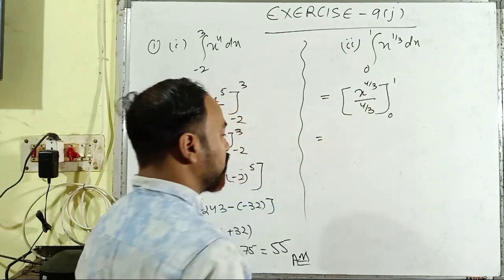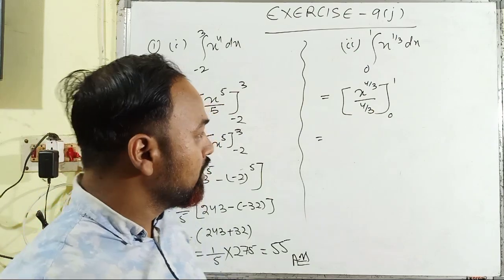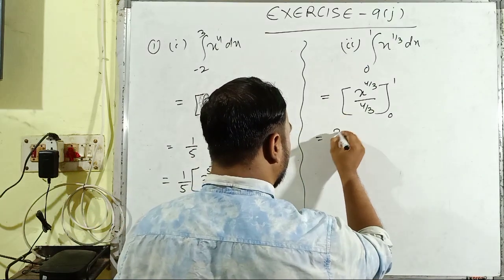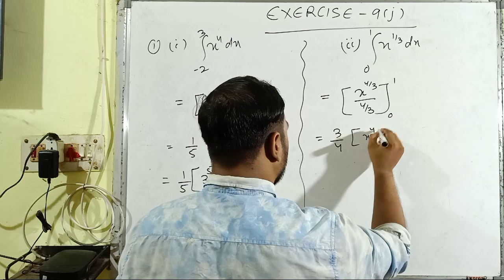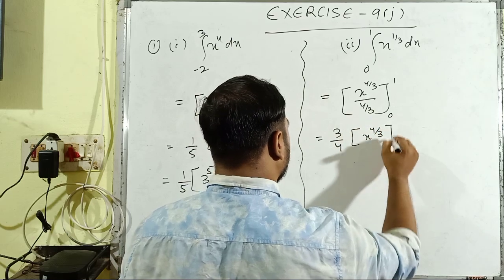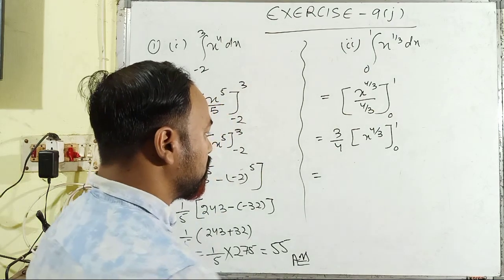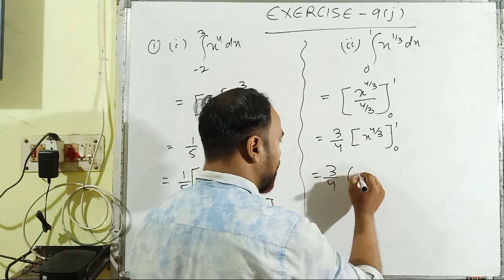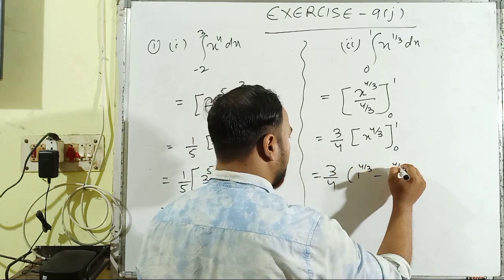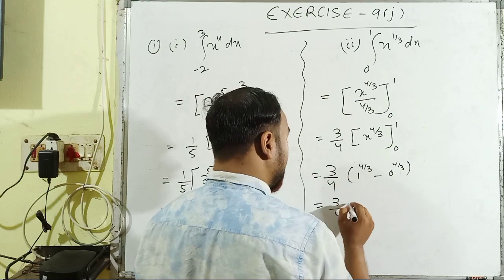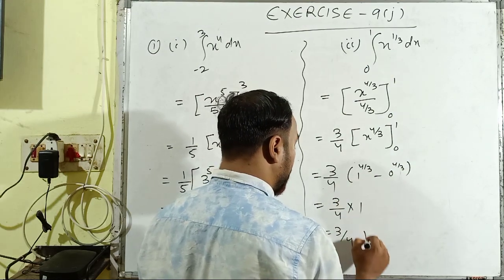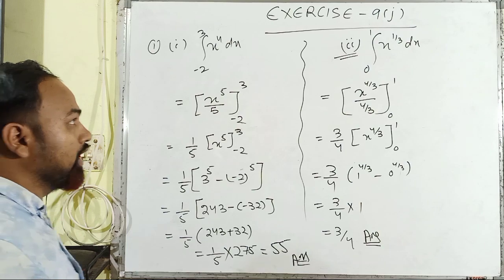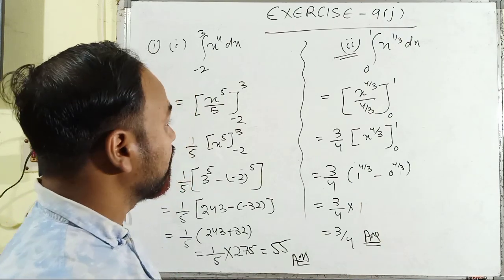But according to the properties of definite integral, first of all we have to shift this constant term outside of this operation. So it will be 3/4 x to the power 4/3 from 0 to 1. Then first of all we have to put the upper limit value in place of the variable x here: 1 to the power 4/3 minus 0 to the power 4/3, and it is 3 divided by 4 multiplied with 1, and that is 3/4, and this is the answer of the second bit problem. Then let us discuss the next problems after the second bit.